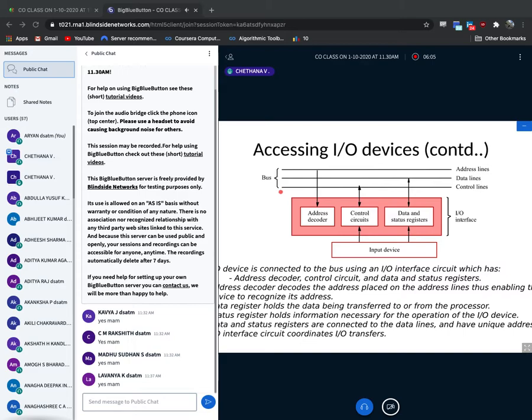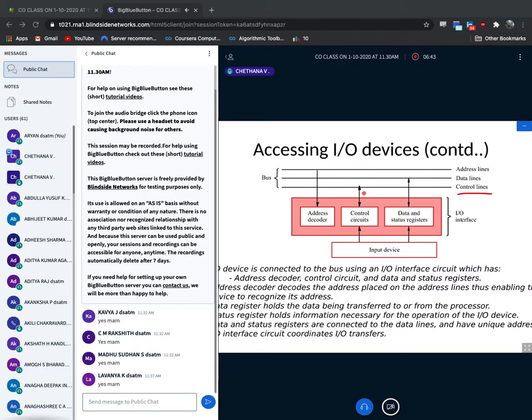So this is the first line. The first line we'll call the control line. What is this control line? Control line means whether I should read the data or write the data. Suppose you are going to write some data to the memory, or you are going to send the data to your processor. Either you can write the data, or you can read the data from the processor. For that purpose I want control lines. The control lines will be managed by control circuits.